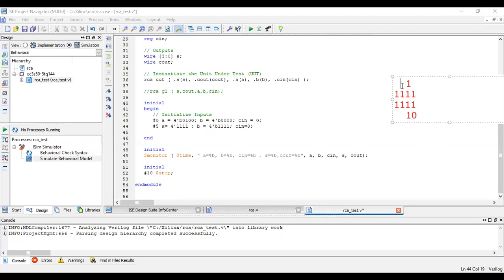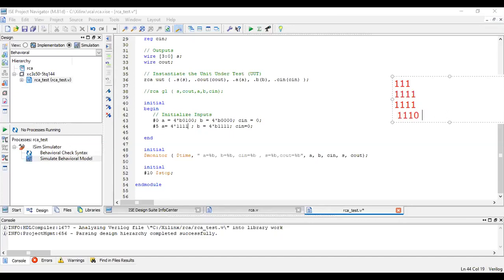So again, there will be a carry of 1. So this value will be equal to 1. Again, 1 plus 1, I will have 1. But again, there will be a carry of 1. So 1 plus 1, again, what will be 1 plus 1? Again, I will have 1. And there will also be one more carry. So I'll also get 1 plus 1, 1 with one carry.